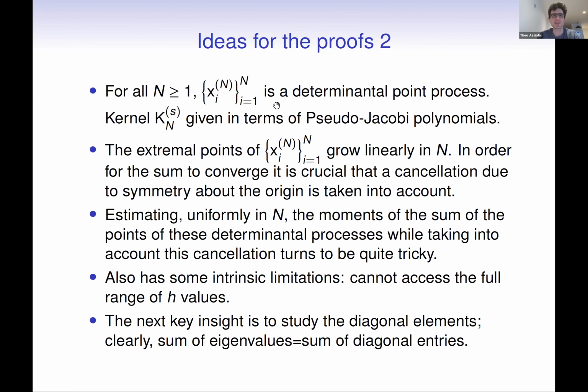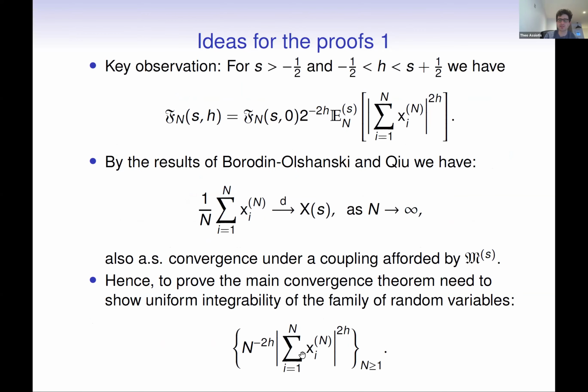This is a determinantal point process, which is super standard, and the kernel is given in terms of these pseudo-Jacobi polynomials. Then we know that the extremal points grow linearly in n. So for the sum to converge, there's a cancellation because of symmetry at 0. The positive and the negative parts cancel out, and that's the reason this thing converges, because otherwise these things